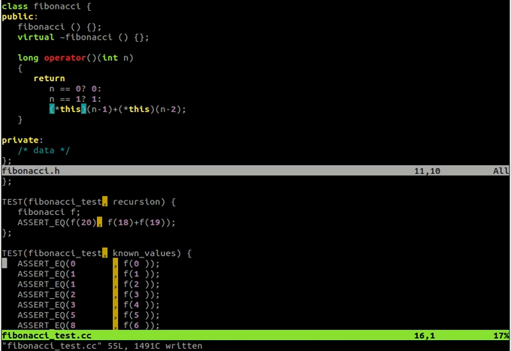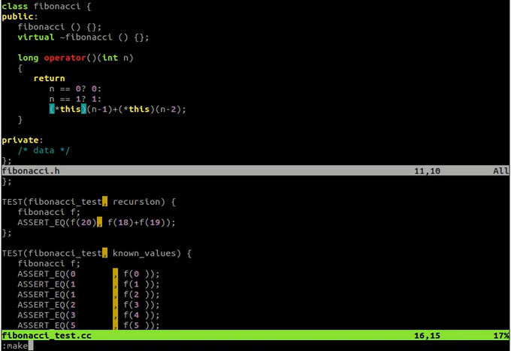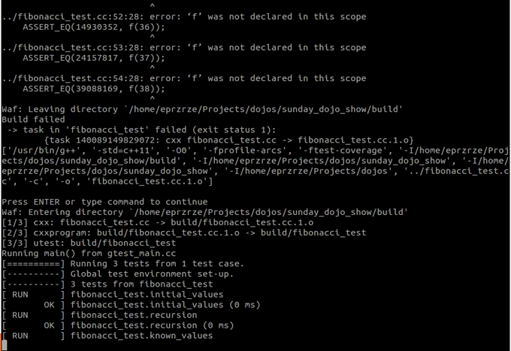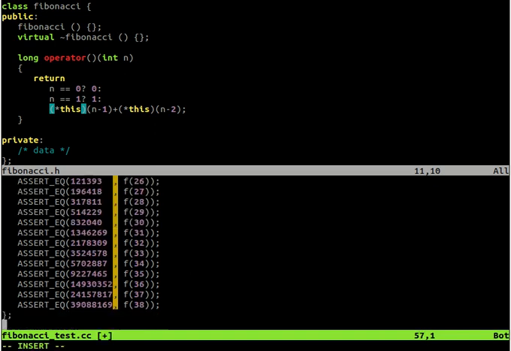So let's see if the implementation is correct. A lot of compilation errors. Of course, I forgot the Fibonacci object. Yeah, it's running, but you could see it's running very slowly. We need to wait like 2 seconds to compute this